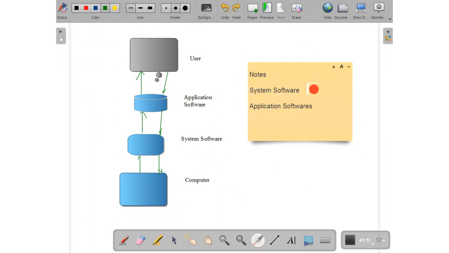System software is easy. The work of the system software is to interact with the hardware, to make it easy for the user to interact with the hardware, right? System software directly interacts with the hardware, instructing the hardware to do something, to produce results, to produce graphics, to print something, to play a music file, a music video. How would the hardware know how to produce sound, how to produce video? It would require something we call